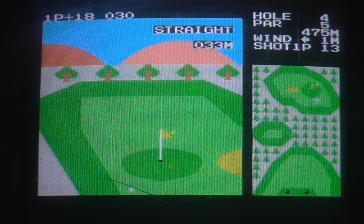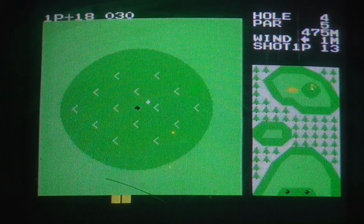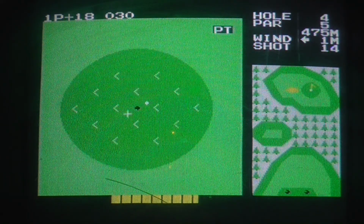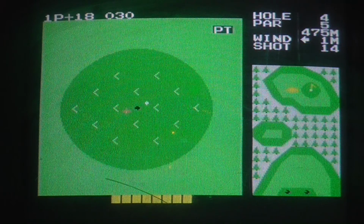Right, well, we will aim back that way. We will do a short one, just to get ourselves on the green. Oh, very nice. And that is going uphill, isn't it? Those arrows are pointing to the left, so that must be uphill, so I need...